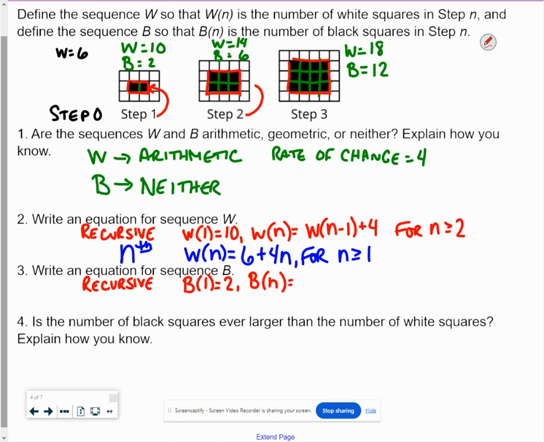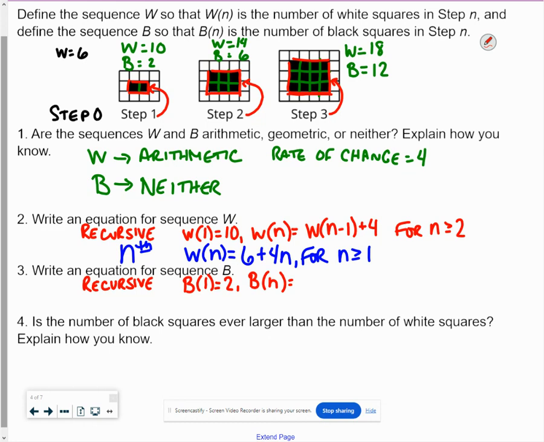Step 2, the height of that black rectangle in the middle is 2, and I've got 3 for the length on that. It's 1 more than that. Step 3 has a height of 3, and this width is 1 more than that, it's 4. So the way that we're going to write that is,